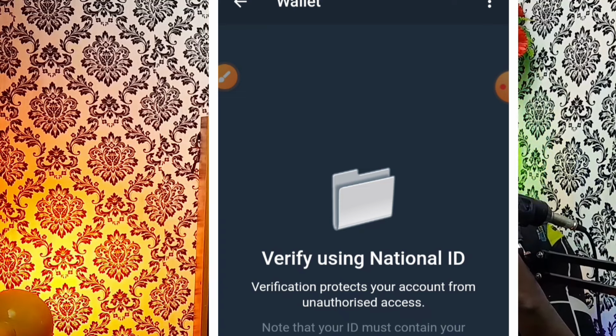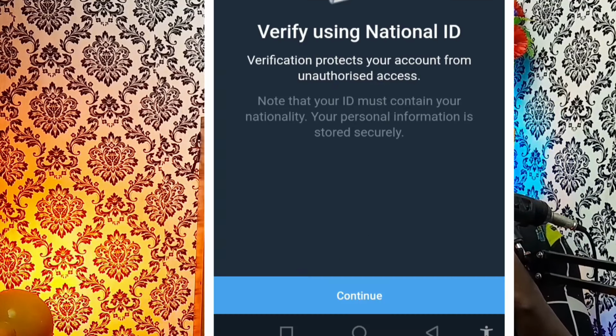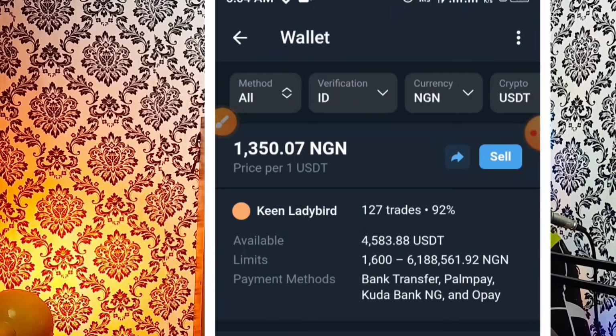So if you just come here and click on continue. Now if you click on continue, from there I think they are going to ask you to verify your account, and from there you can submit your ID and verify your account. Now if you want to click on sell, come here, select the same people, the same thing right here, put